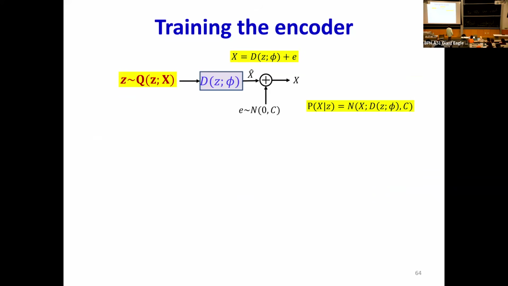How does that work? Here's my Q. Here's my z. Z is coming from my Q, not the standard Gaussian, right? If Q is a good approximation, then all z's that I draw from this Q, when passed through the decoder, must generate an x that looks like my training data, like my face.